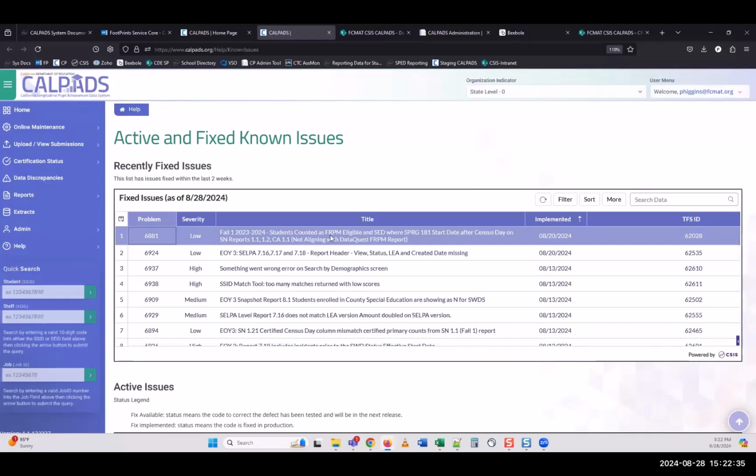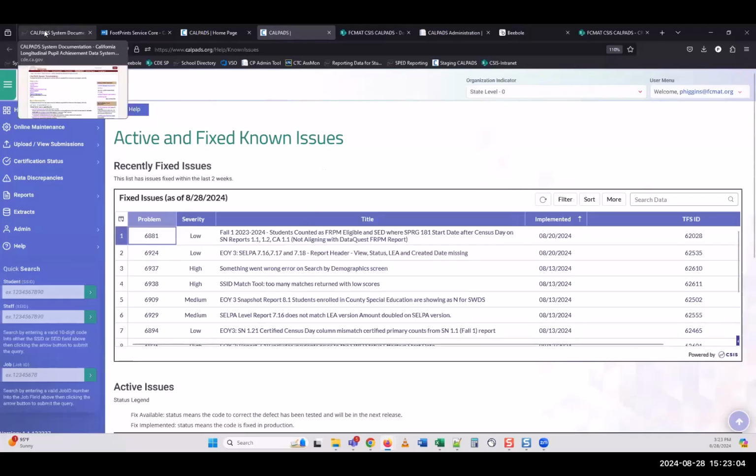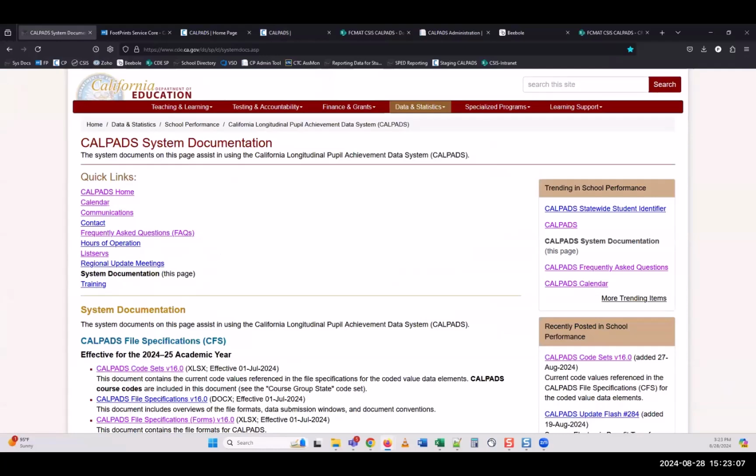So it looks like it was both FRPM and SED. What it looked like happened is that 1.17, the LCFF report, has different rules than the 1.1 and 1.2. Previously for 22-23, we counted kids who were deemed eligible after census day but before 10/31 on 1.1 when we should not have. So it looks like that's what got fixed. Hopefully that clarifies it. The 1.17, I'm like 99.9% sure, still uses up to 10/31 as the cutoff date for counting FRPM students.